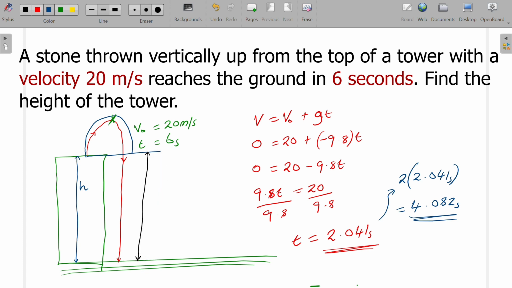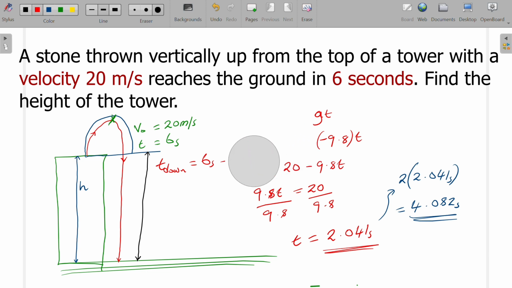So let's find that time. That time, let's call it t down, will be equal to the 6 seconds we have minus